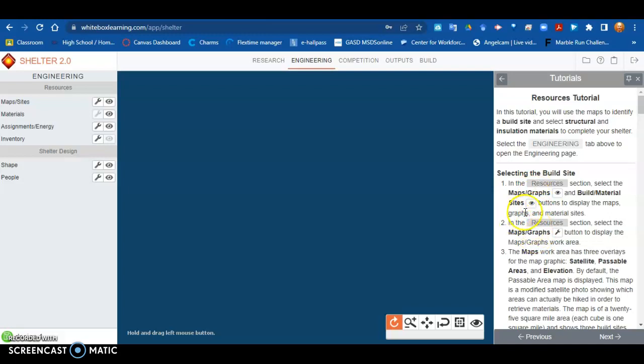What I encourage you to do is follow each of the tutorials and use those tutorials to model your design that you wish to test. And then perform an analysis, save that. When you have a successful passing analysis, it doesn't have any red in your outputs, go ahead and enter it